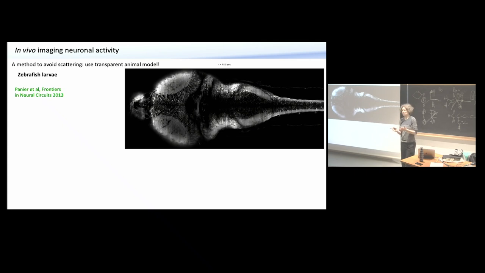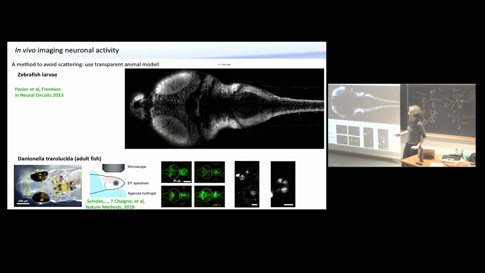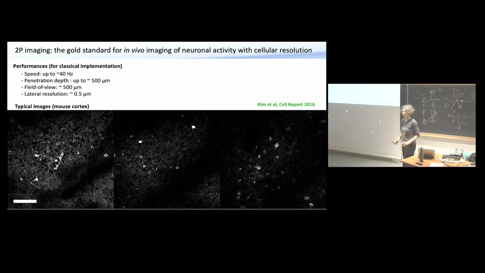very young animals, so you cannot do this in adult zebrafish, only in the first stage of development, so you don't have access to many behaviors and everything. So I would just want to cite the work that Thomas did during his postdoc, where they introduced another fish called Danionella translucida, which is transparent also when it's adult. And so this might be a specimen that can be used to understand how the brain is coding some behaviors in the adult. Okay, but so as I said,